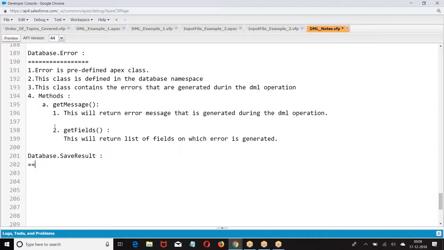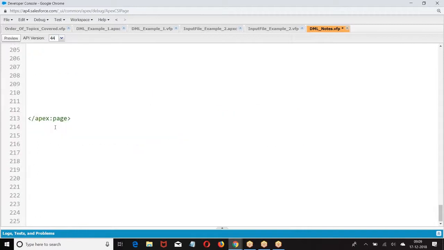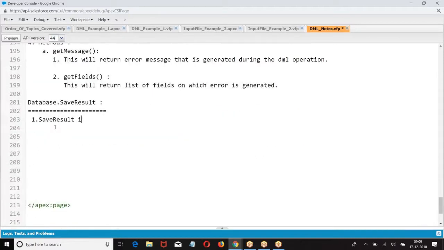What is this database.SaveResult? SaveResult is a predefined Apex class.